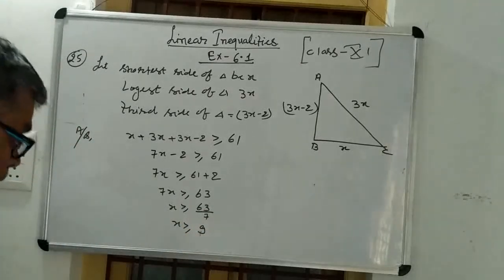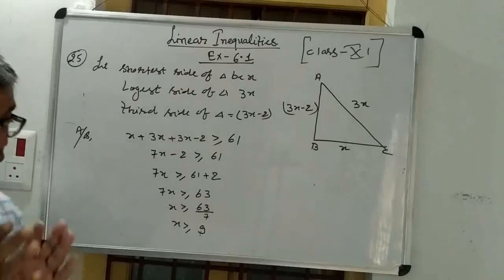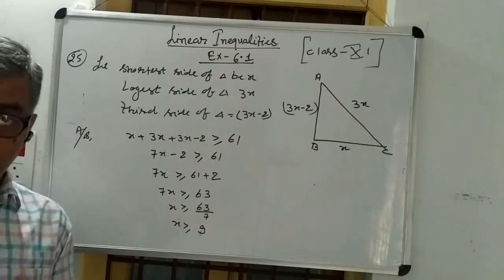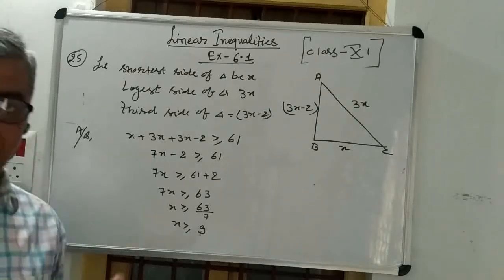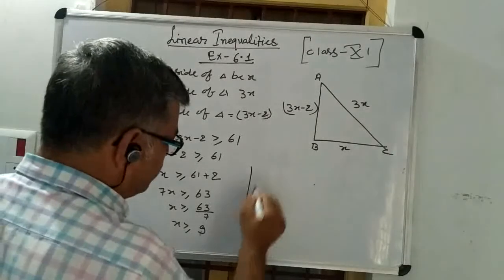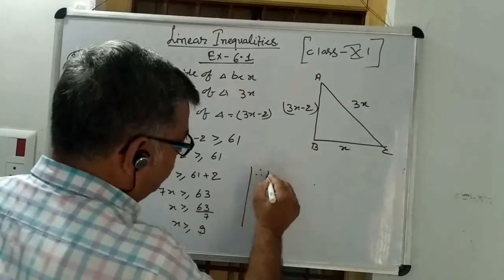It means that the value of the shortest side will be either 9 or more than 9, so that the perimeter is satisfied. But the question is asking to find the minimum length of the shortest side. So the minimum length of the shortest side,